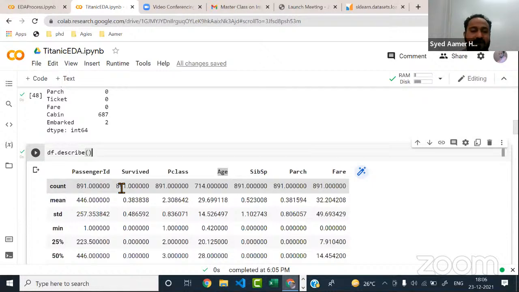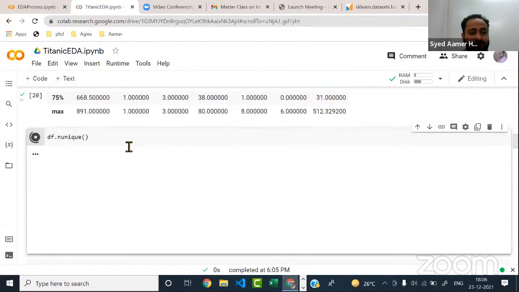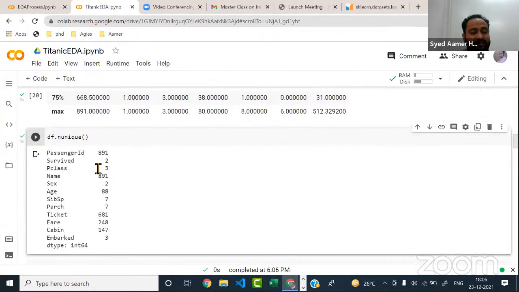The columns which have categorical data won't be displayed here. And as we have seen about nunique, survived has only 2 values. From this you can decide that survived is basically a categorical column. Pclass has 3 values, it's again categorical. Sex has 2, male and female. It's again a type of category.